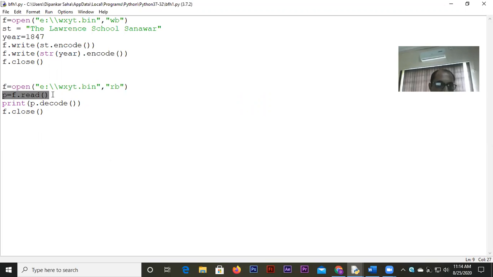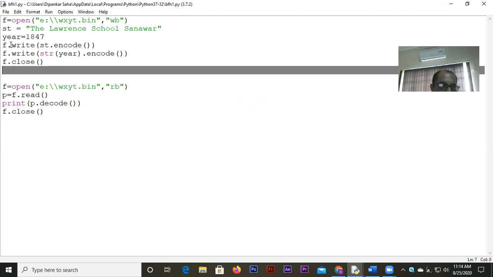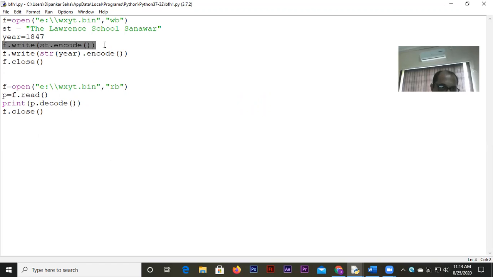And then I read f.read. Okay, look at this here. I wrote it down twice. Now here the question is how the data will be written. Even if you write it two, three, or four times, the data will be written like continuous data. It is not a line-wise arrangement.